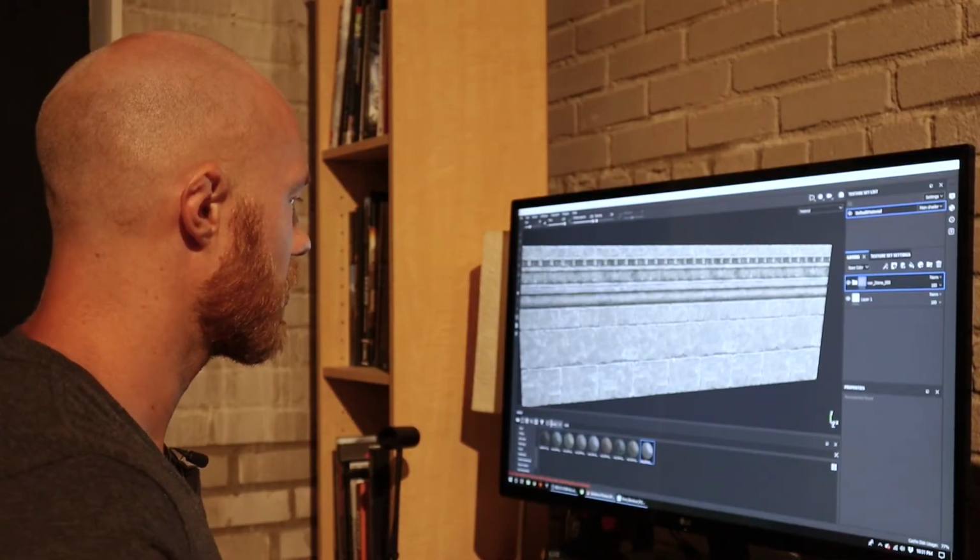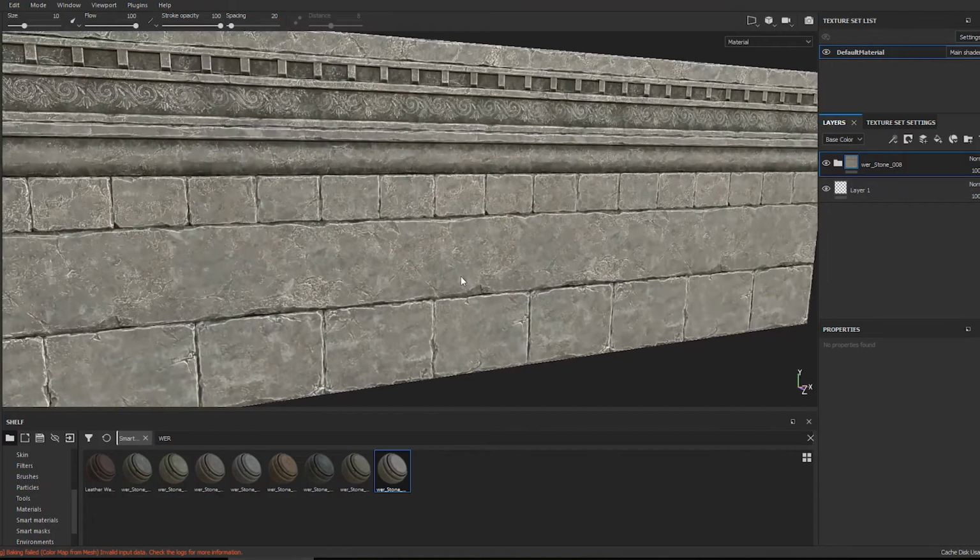And so you can actually see right off the bat, these smart materials I find actually do a really over-exaggerated amount of edge highlighting, which I don't think looks that good. But the nice thing is most smart materials have all the layers accessible to you, and you can go in and tone things down or increase things as you want them. So what I'm going to do is go through and find the layers that are controlling all that white